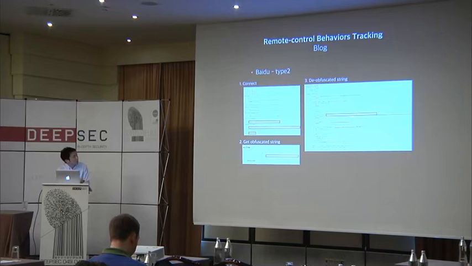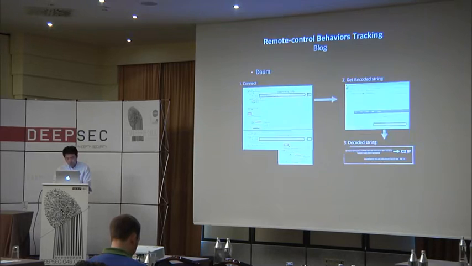Also, this is the obfuscating string. In another case similar to Baidu, this one is about Daum Blog, a Korean search website. In the code, the hacker has access to the blog profile of Daum and gets a numeric string encrypted using AES. The strings are decrypted in the native library at runtime. Very similar to the Baidu case.